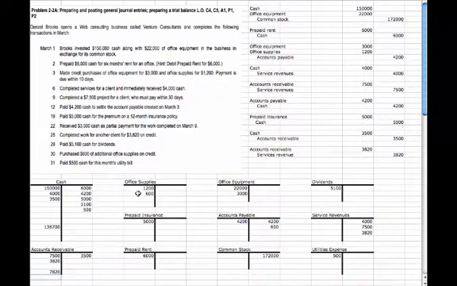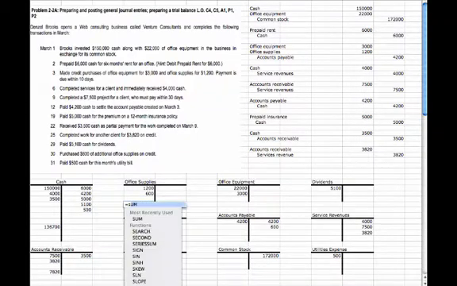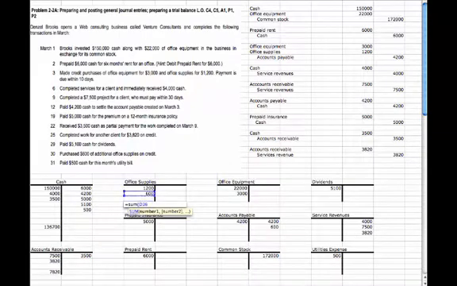I could do the same thing here with office supplies. I could take the sum of my increases minus the sum of all my decreases. Well, let's try that again. The sum of all my increases minus the sum of all my decreases, which is 0, to give me 1,800. And then I'm not going to do these because there's no addition or subtraction involved here. Then also here on my office supplies,